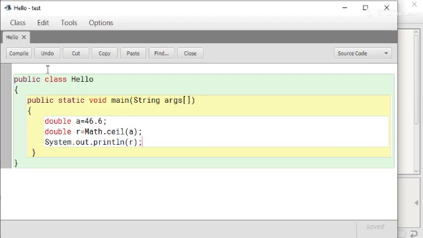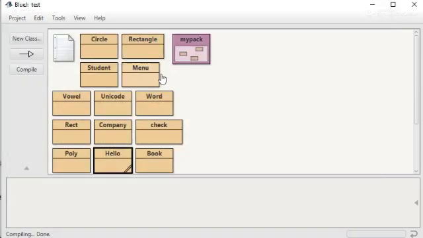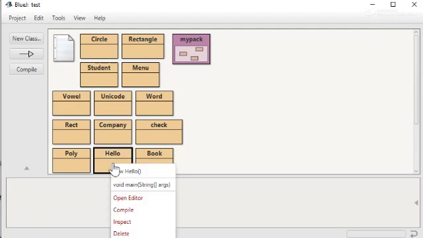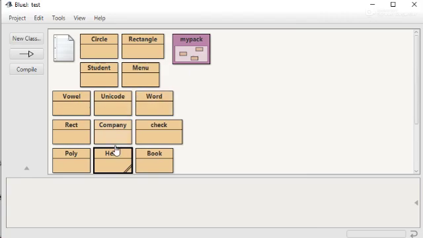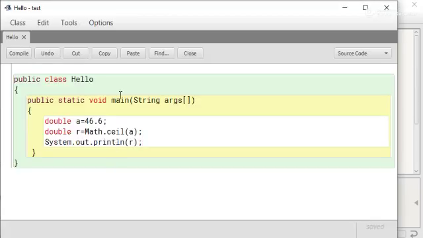So just display the result by compiling this program, close, right click, OK, that is 47.0. Now clear the screen and reopen the program again.